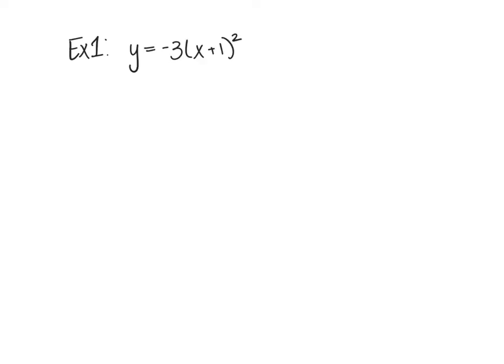Okay, so here's our first example. y equals -3 times the quantity of x plus 1 squared. We're going to use some of our knowledge from the first unit where we learned about the vertex, knowing that this equation, based on our transformations and what we just did in the last homework, is to the left 1, but it has no vertical translation up or down. So the vertex,